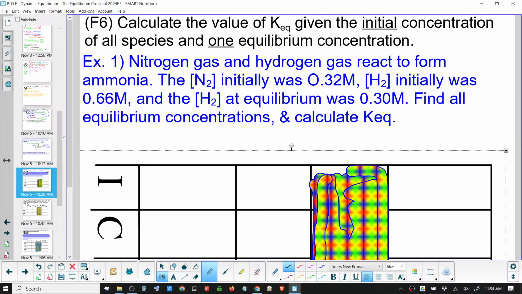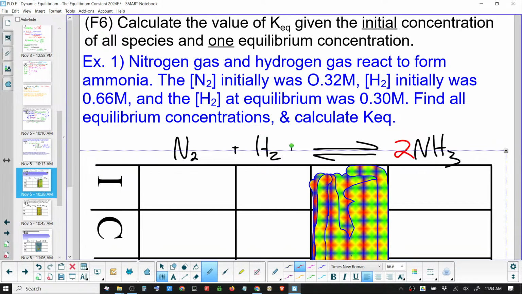Nitrogen gas and hydrogen gas react to form ammonia. And so you do the same thing. N2 plus H2 goes to NH3. And then it's the same equation we just did, so we balance. But the N2 was an